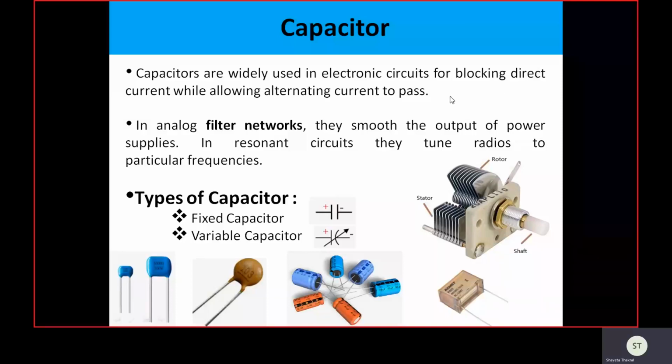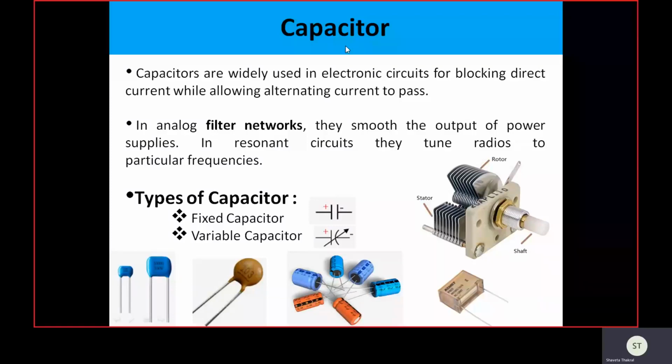So what is the benefit of this property of the capacitor? We can use the capacitor in filter circuits so that we can smooth the power supply, because when we pass the AC signal to the rectifier circuit, we get DC, but that DC is not pure DC. It is pulsating DC containing some ripple content. So with the help of a filter circuit we can smooth those ripples and we get pure DC. In that filter circuit we utilize the capacitor with the property that it passes AC and blocks DC.